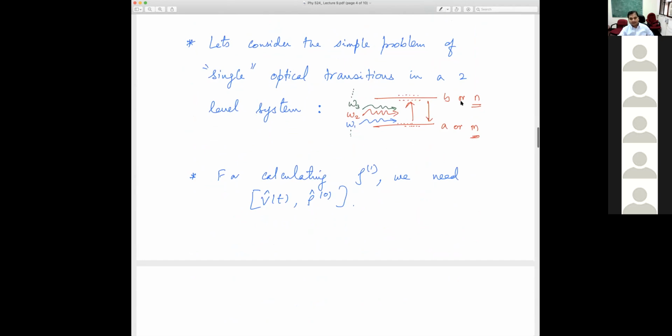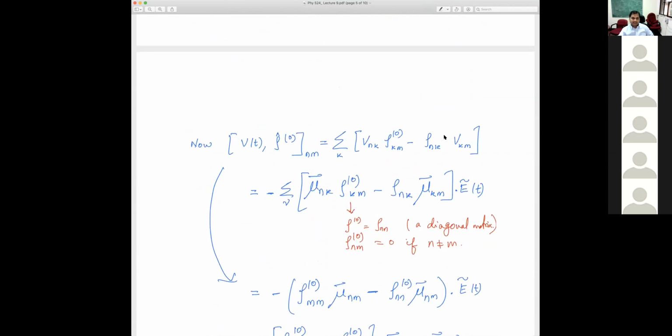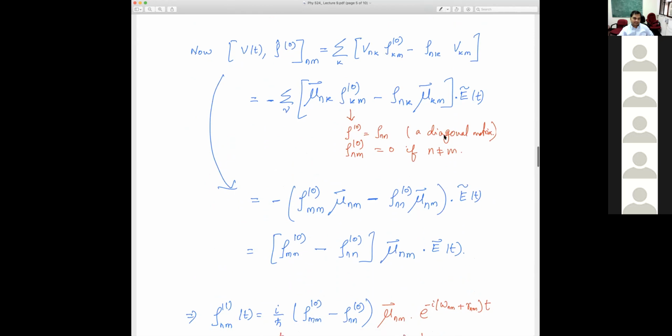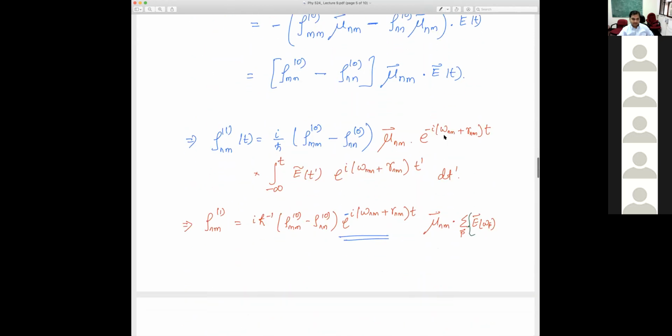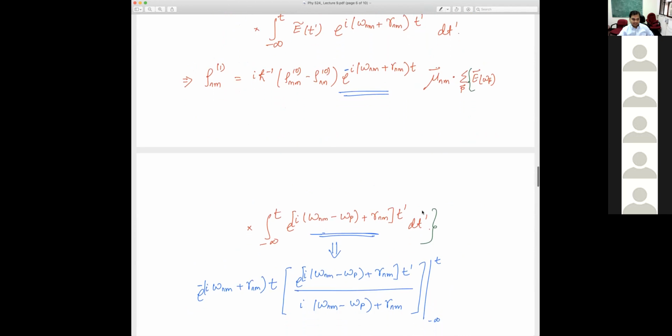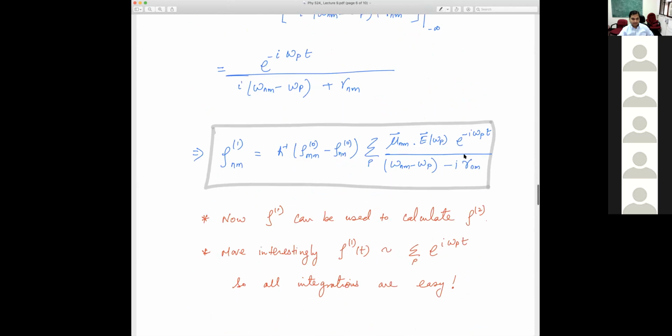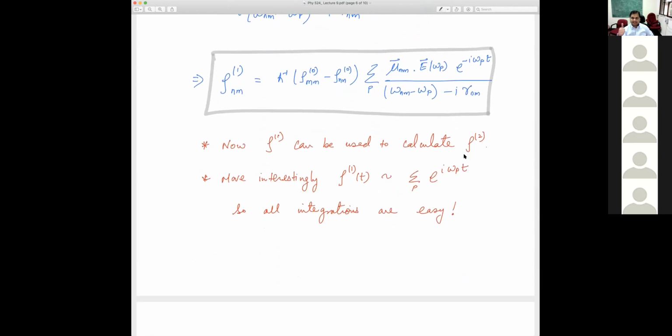And then we specifically considered this problem that more than one light frequency can be incident on the system, a two-level system, let's say. And we wanted to calculate the linear optical susceptibility. Okay, so we calculated the density matrix evolution explicitly, and we showed that it looks like this. And then if we integrate, do this time-dependent integration, then for this light matter interaction in the length gauge, we explicitly calculated the first order density matrix.